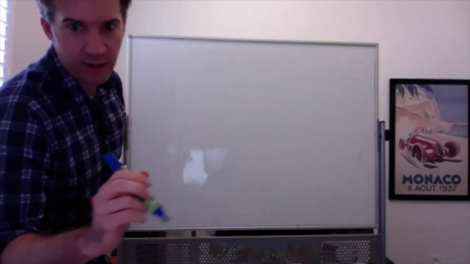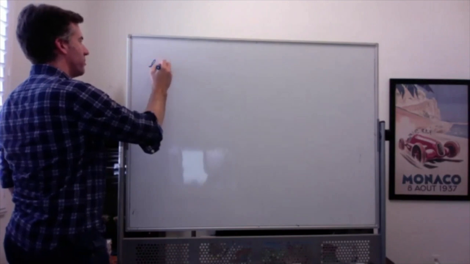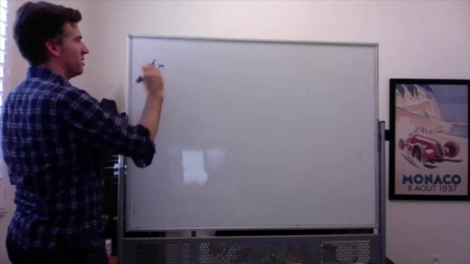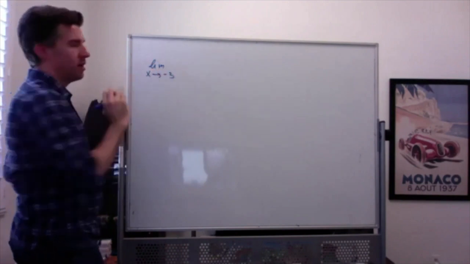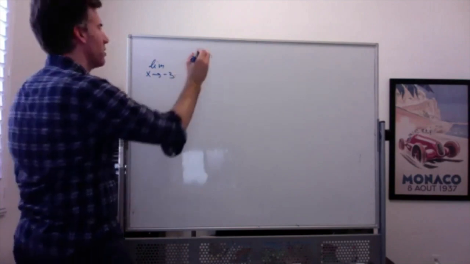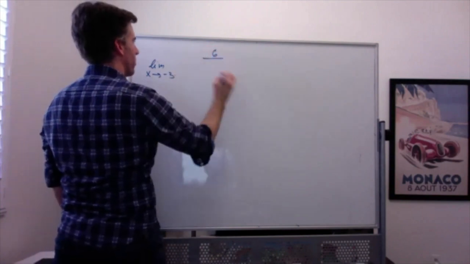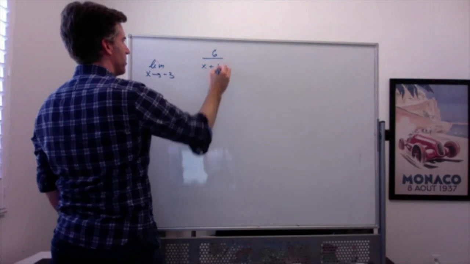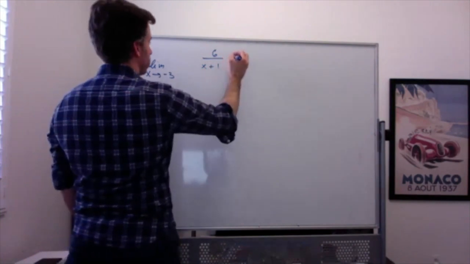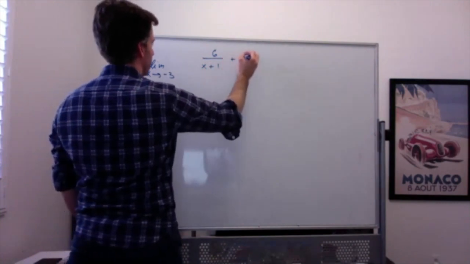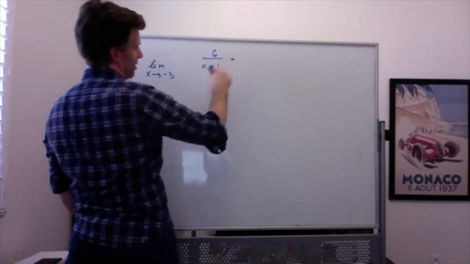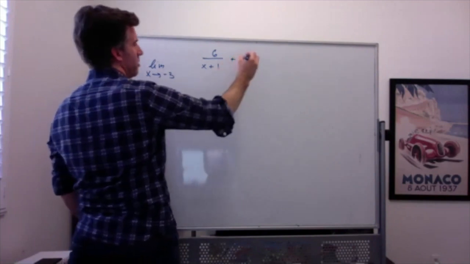Sure, that one looks all right. Let's do the limit as x approaches -3 of, what have I got here? Sure, 6 over x plus 1 plus,